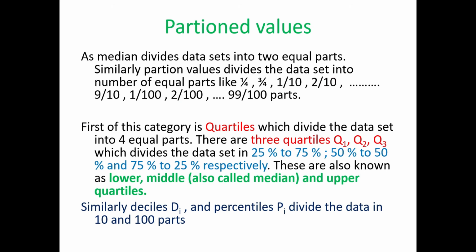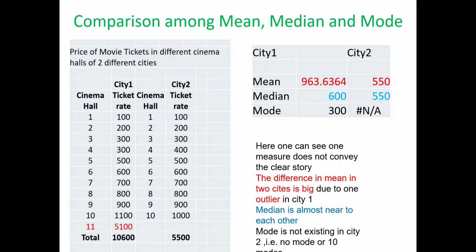Excuse me, sir. When we go for the median of even numbers, do we not arrange in ascending order? Yes, we have to arrange in ascending or descending order. That I already told you. For the median of even numbers also, we will do that. For both odd as well as even numbers we have to do that, because only then we can get the centermost values, two centermost values. Right.